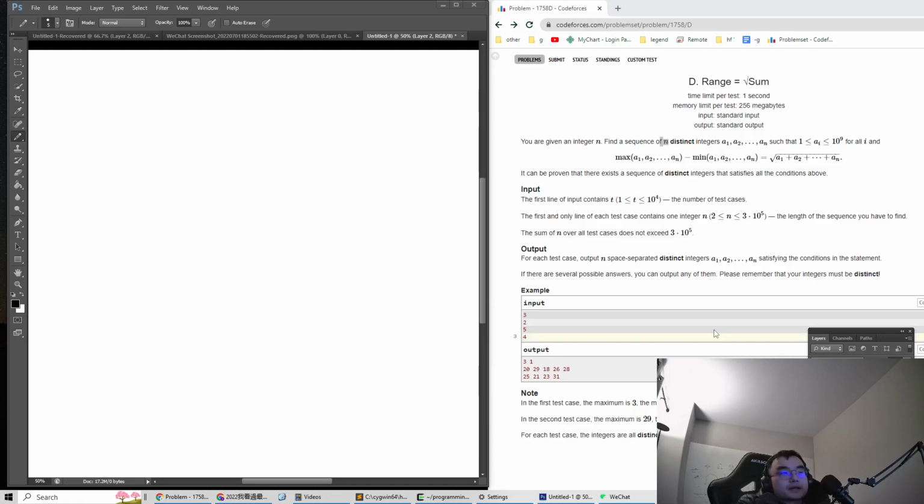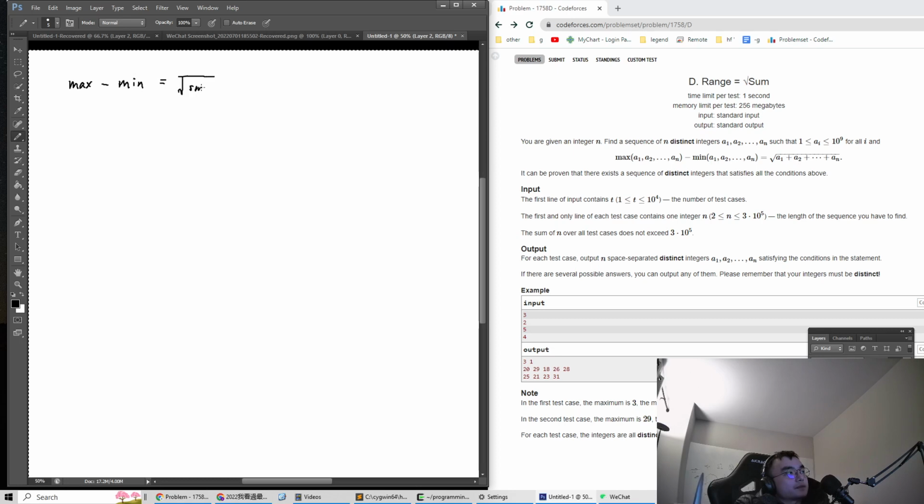Hey guys, today we're going to look at this problem. In this problem, we are given a single integer, and our goal is to find such an array that it has n distinct integers, and the maximal value of the integers minus the minimal value of the integers should be equal to